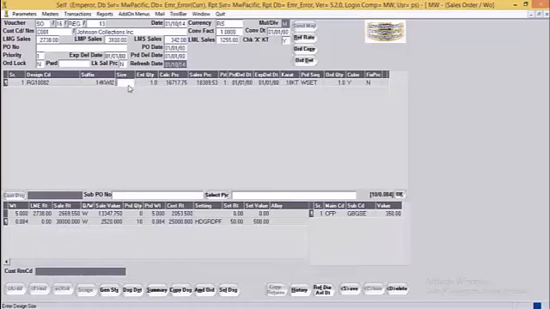Next is size. In case of a ring or bangle bracelet, the user can mention the size of the design. Next is the entered quantity. While booking the order, the user can mention the quantity for which the customer needs to place an order. By default it is 1. The user can change it to 5, 10, 100 as per the requirement.